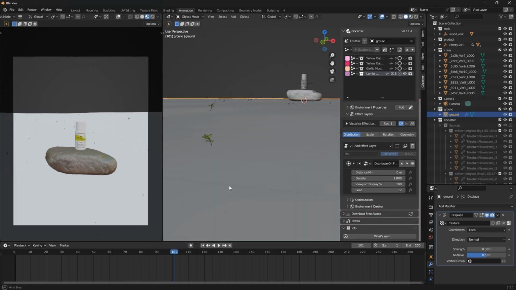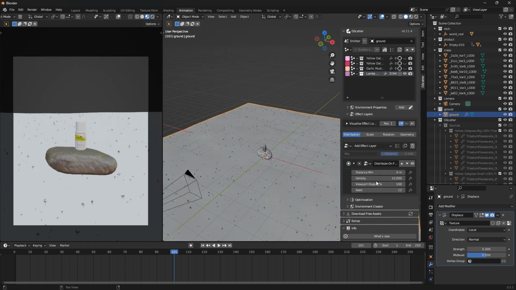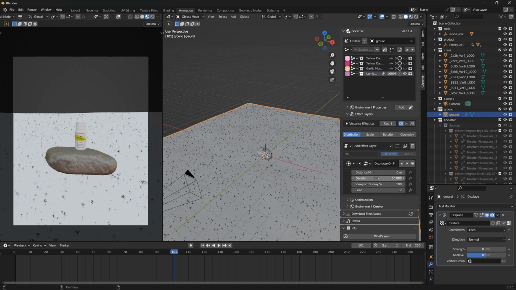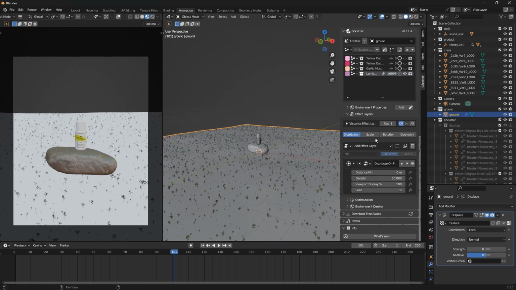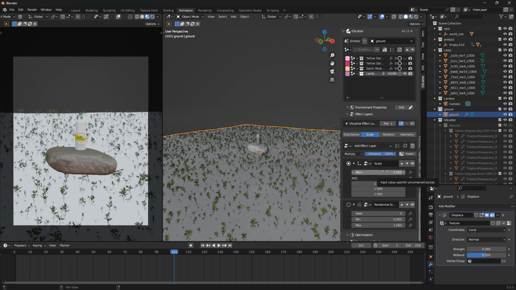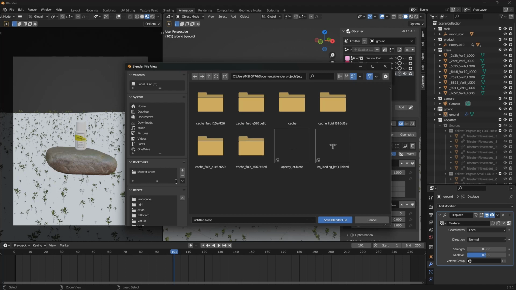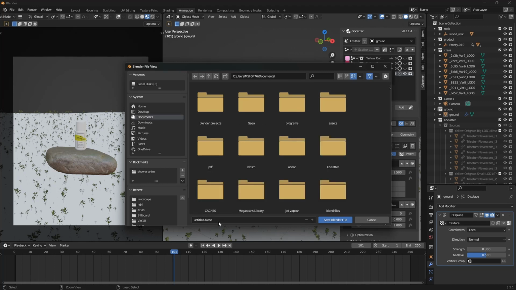And then I'm going to increase the scale to, like, I don't know, 2. 2 seems a bit much, so 1.5. This looks better. I haven't saved this. Let's just name it product anim grass. All right, so now I'm going to enable all of this. This is what we have for now. And okay, so now